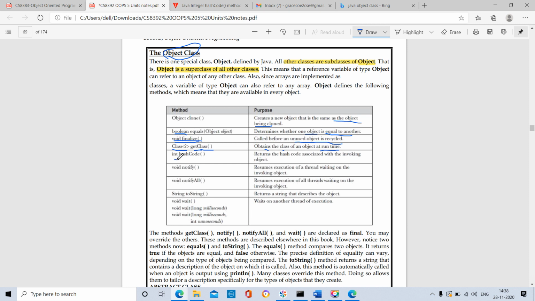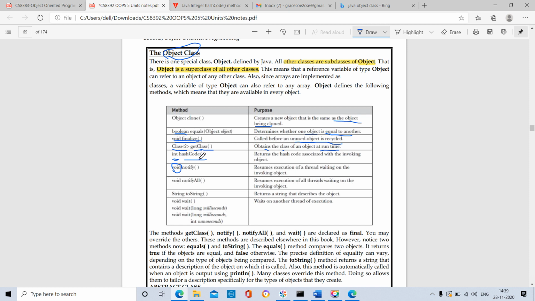Next it has the method int hashCode. Int is the method data type, so the method type is integer and it will return a value at the end of the function. If the method data type is void, it will not return any value at the end of the function. Here the data type of the method is integer, so it will return a value at the end of the function or method. Functions, methods or operations are all the same thing, and variables, fields and attributes are the same thing.